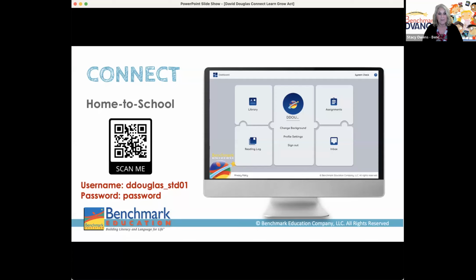In box number 3 at the bottom right, box 3 is our reading log. So sorry, just getting myself oriented a little bit here. It allows students to celebrate their reading along the way and even track their own progress. And finally, there's an inbox for messages that works just like normal messages or inboxes anywhere, where students can communicate with their teacher and their teacher will communicate with them.